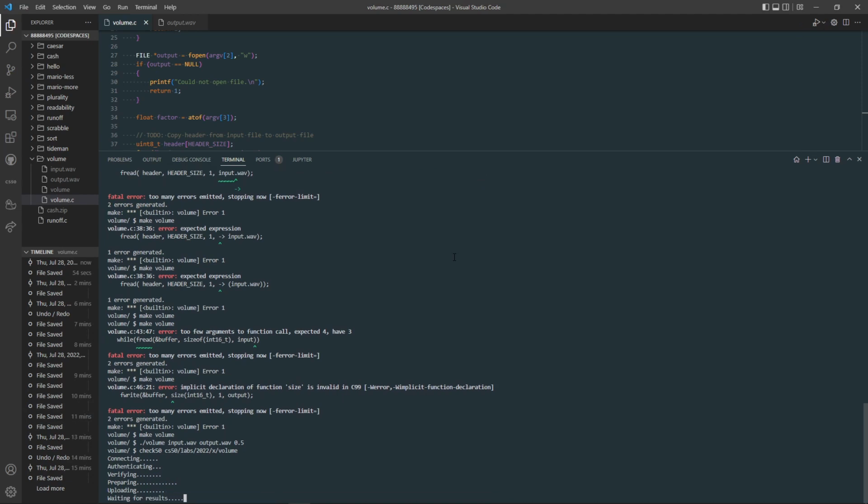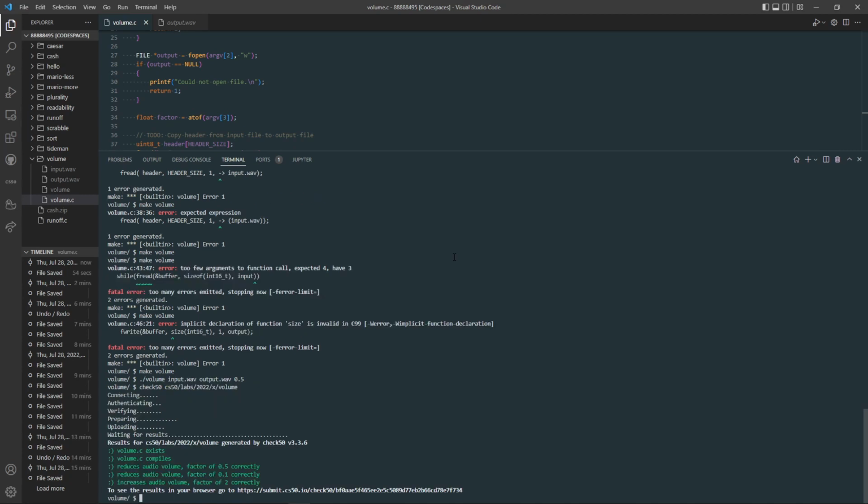So thank you, runoff. Hour and 14 minutes later of lab 4 memory complete beginner. Okay, exists, compiles, reduces audio volume factor 0.5 correctly, reduces volume, increases audio. So, okay, I guess in a nutshell,